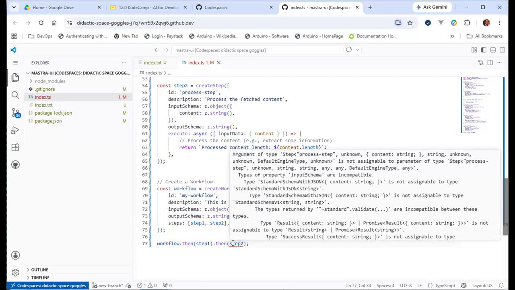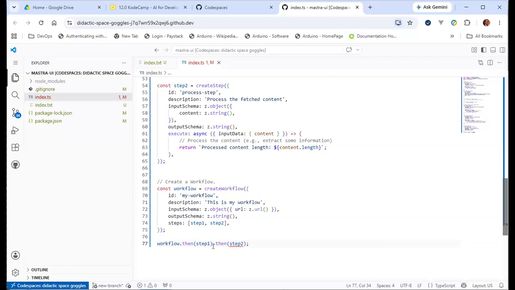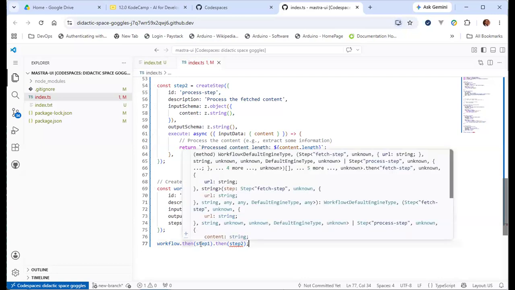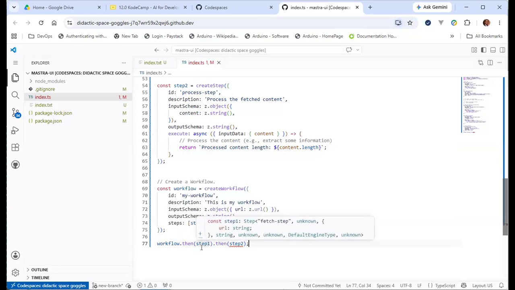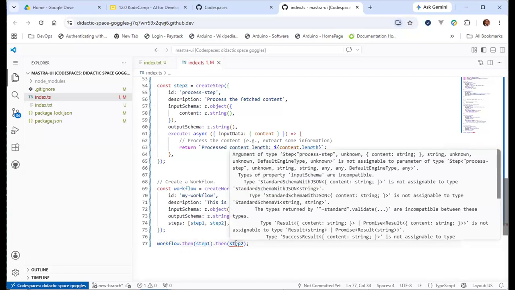This is a bit more advanced, so I'm not going to go too far into this, but this is something that you need to go and really study. When you do dot then, the response from step 1 is what will be chained into step 2 as an input.